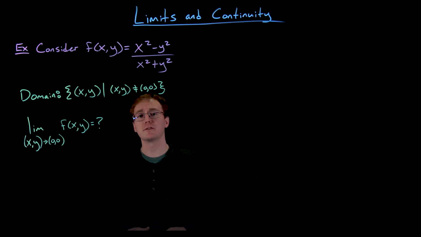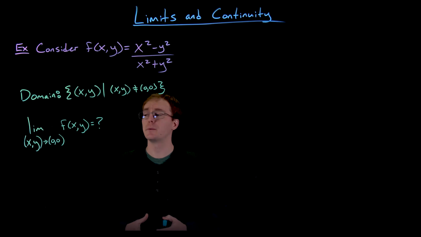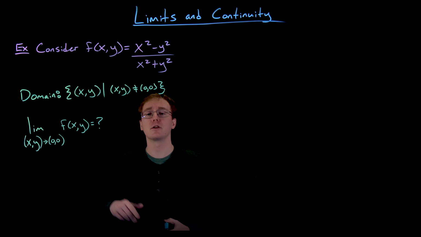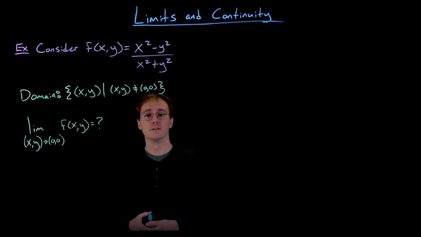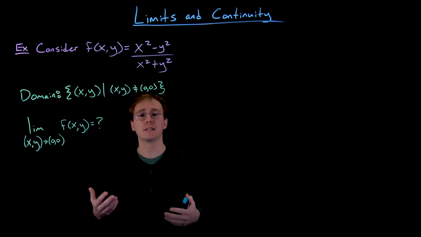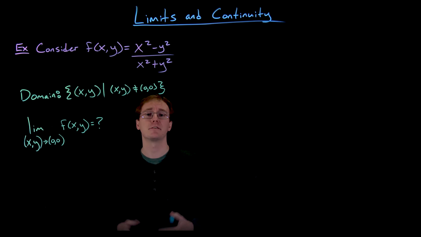And so if we did want to find this limit numerically, the way we could do it is by creating a bunch of different sequences of points that are getting closer and closer to 0, 0. So this would be a lot more complicated and involved than the sequences we had to create and use in Calculus 1 when we were trying to find limits of a function of a single variable. And that's because, well,